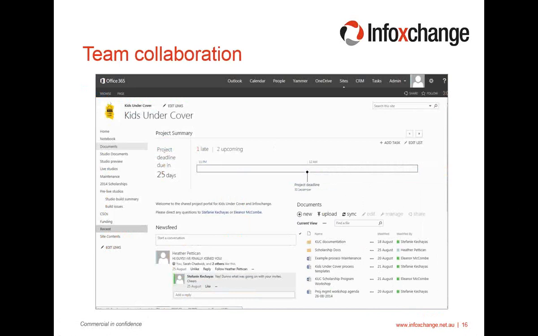The last thing I'll quickly touch on that it does is this idea of team collaboration. So you can set up a team site in SharePoint, and that team site can host a bunch of useful tools. So, for example, in this one, you've got a document. This is an example of a site that we set up with a client to collaborate on a project we were doing with them, and we had a little news feed here. We had all the documents related to that project, and we've also got a little project summary web part that is really just a view of a task list, which is sort of similar to this,